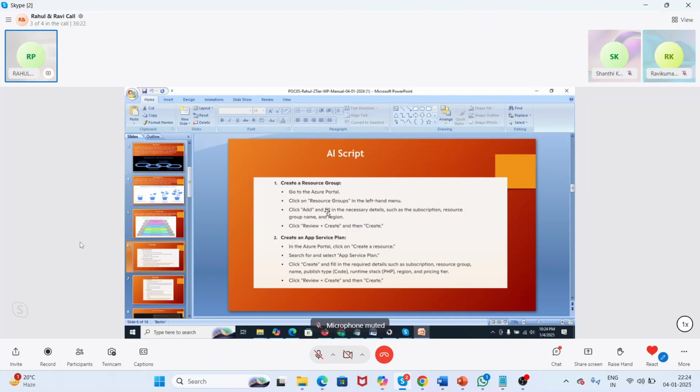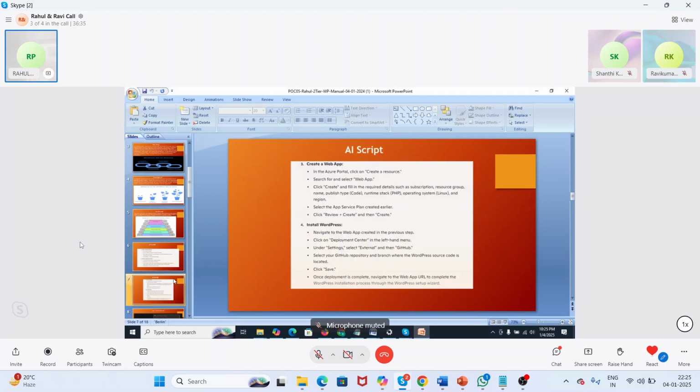For the resource group, I have to give the resource group name and mention the region. Then create an app service plan. Then I have to create a web app, and here I have to put in all the information required for creating a web app.